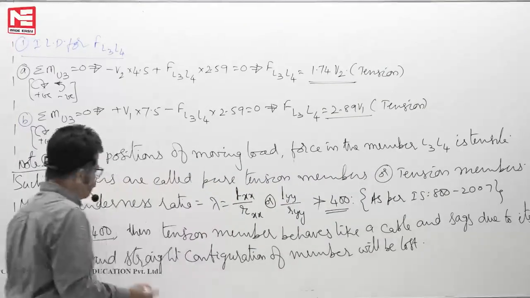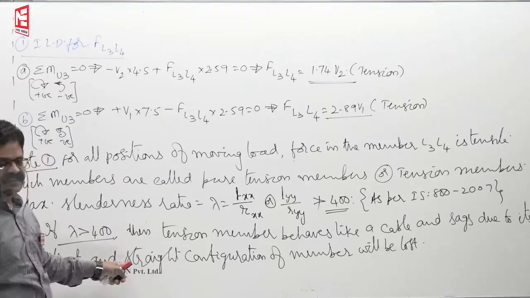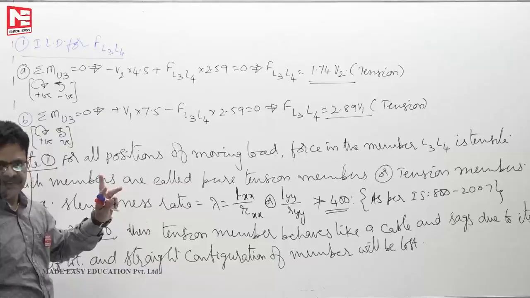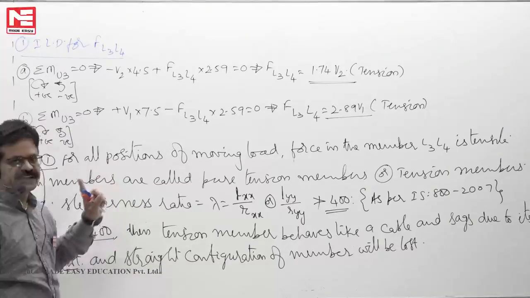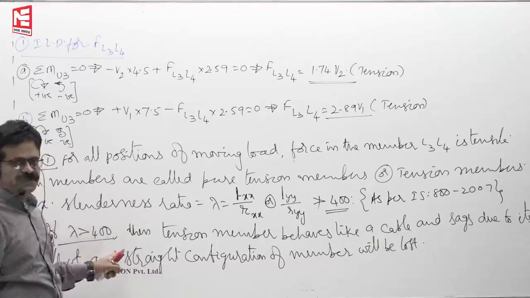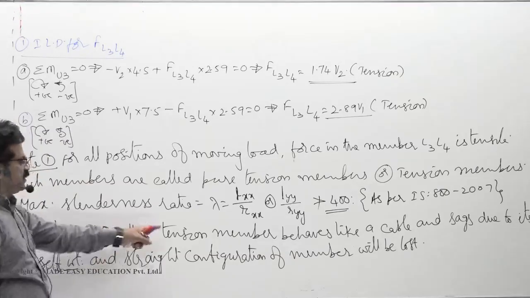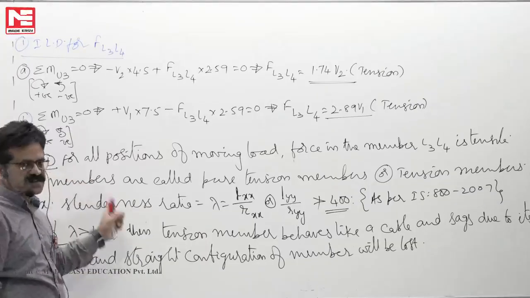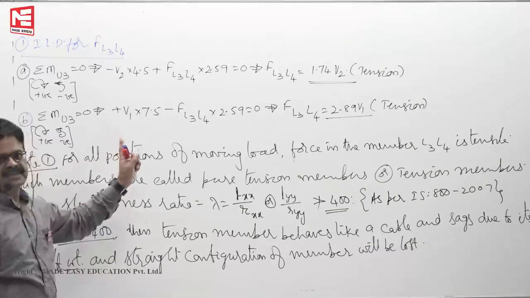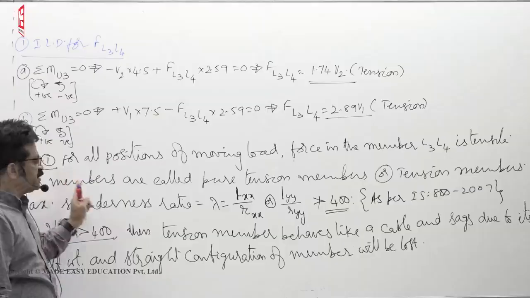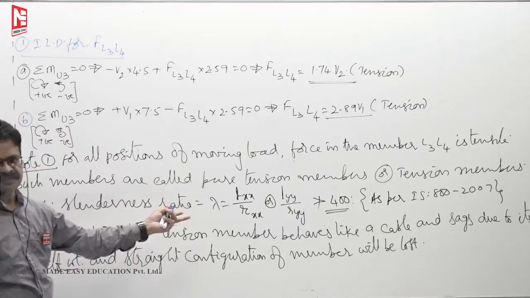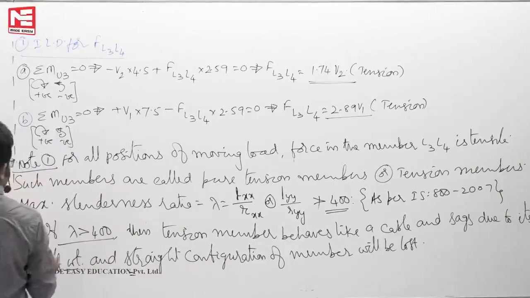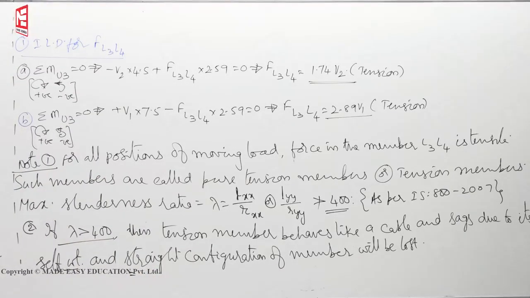So in one paper they asked this as assertion reasoning type. For a tension member, slenderness ratio should not exceed 400. Assertion: first, you have to confirm whether it is correct or wrong. Next, if it exceeds 400, the reason: the tension member sags due to its self weight. So assertion and reason are correct, and reason is the correct explanation for the assertion, why we are having not more than 400. Okay. Supposing that such tension members are subjected to reversal of stresses,